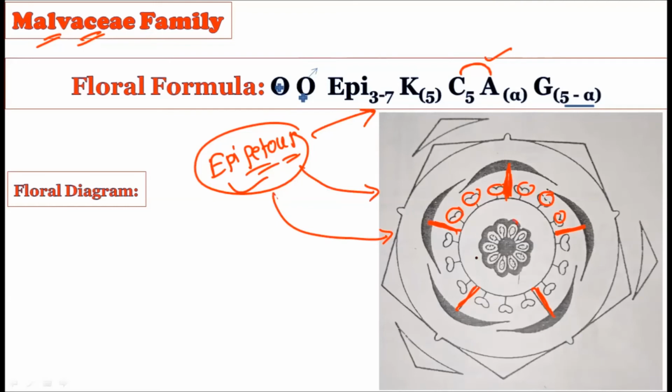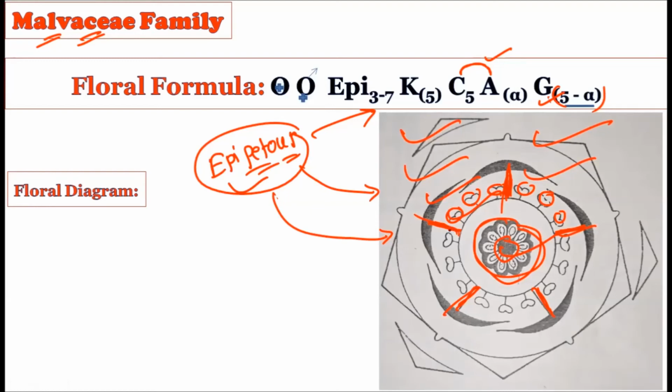All right, so inside we have the 5 to indefinite gynoecium, and they are also fused with one another. So the bracket is shown in the floral formula for the gynoecium. Here also you can find the presence of the fused gynoecium. So here this complete floral diagram is there for the Malvaceae family. On the outer side you will have epicalyx, then calyx, then corolla, then androecium, and then gynoecium. And the epipetalous condition is shown. The different types of aestivation, that is the valvate aestivation and the twisted aestivation, are shown in this particular floral diagram.